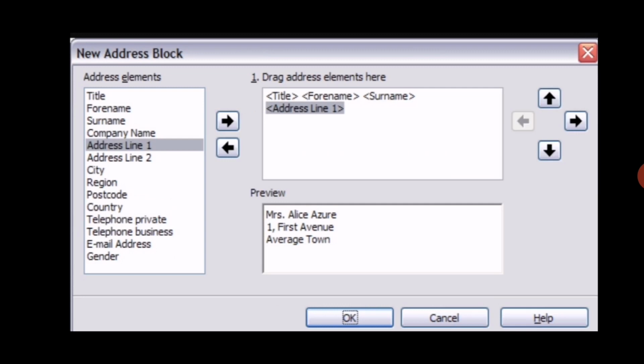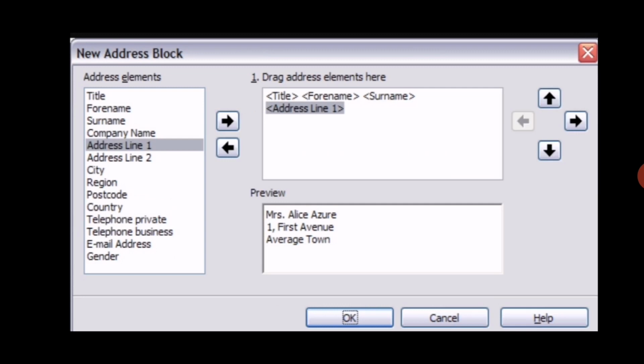You can choose according to the elements from here. You can see the address elements on the left hand side, which elements you want. You just drag them there and drop them in the drag address element here box. Drag it into this address box here, and you can see the preview here.